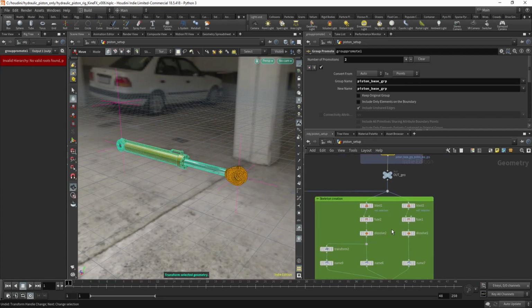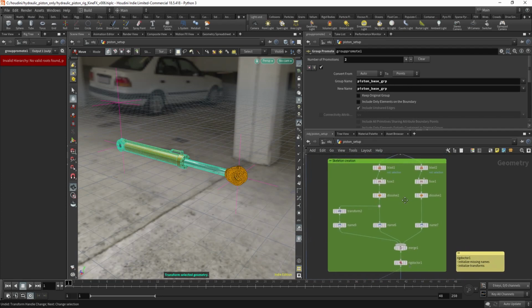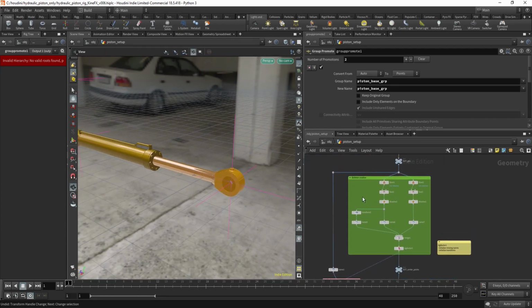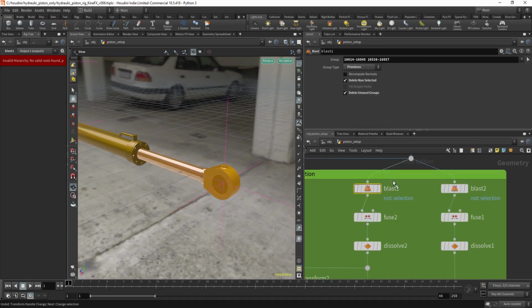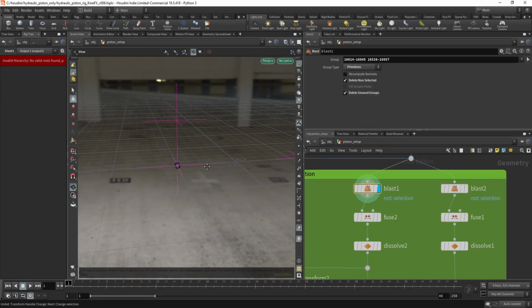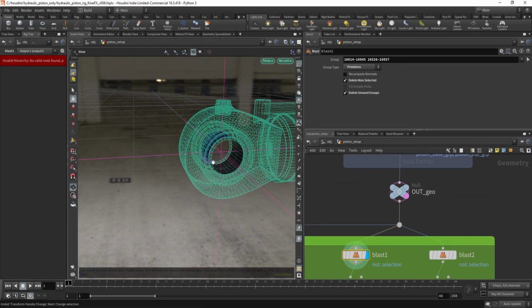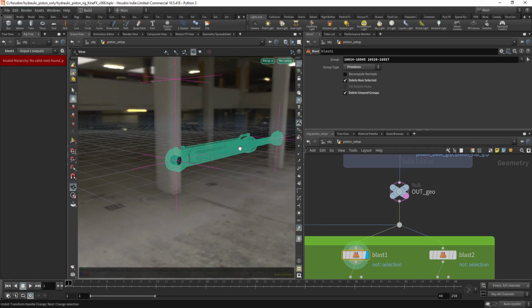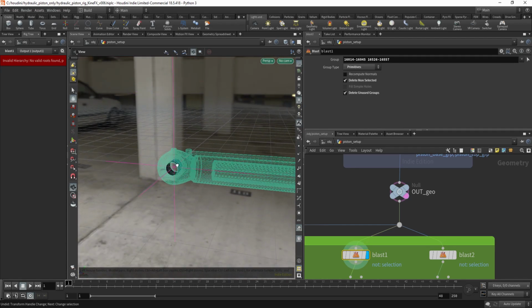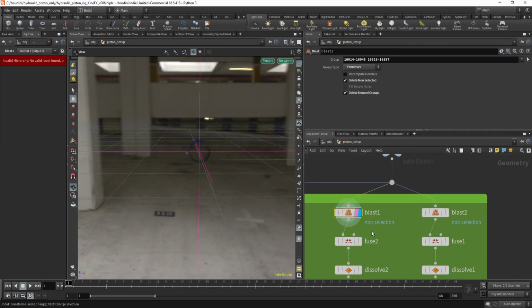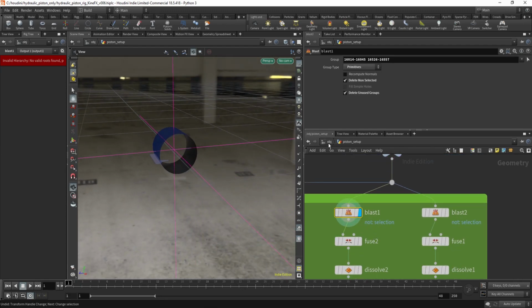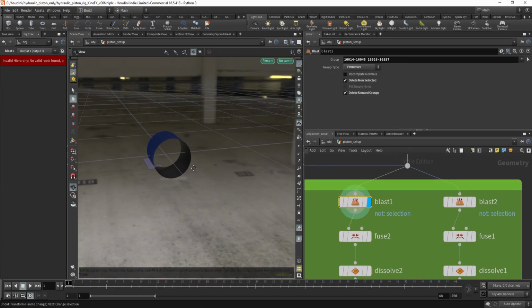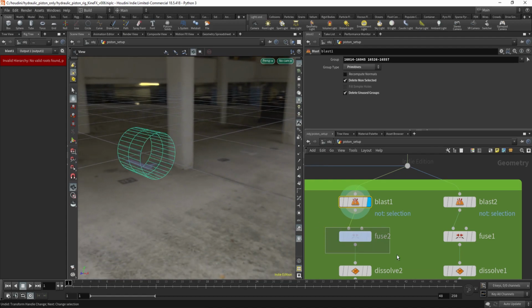Now let's continue with skeleton creation. There are multiple ways you can do this. I tried to go a little bit procedural. So what I did was I just blasted everything except these rings at the base and the top of the piston. Now actually let me turn off these guys, they're just distracting. And what I wanted to do is I fuse them together,